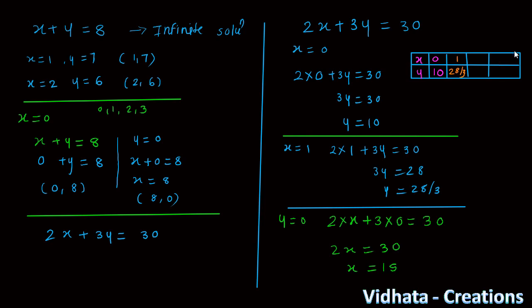Thus, if a complicated equation is given to you, then by taking either values of x or y, simple integers, you can find many solutions of the given equation. What did we get? If we take y is equal to 0, then we get the value of x is equal to 15. Thus you can solve the given equation and find different values of a given linear equation in two variables.